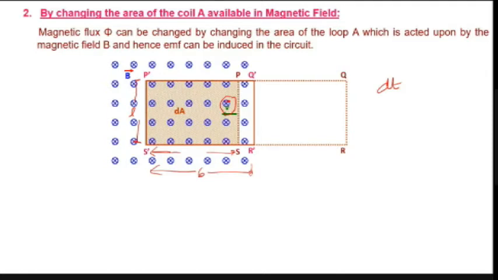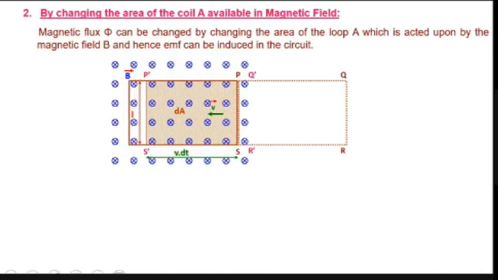So what is the displacement? I have given you all the clues. You have to find the displacement, moving with velocity v, taking time dt. Good. That means velocity is ds by dt, so how much will be ds? V into dt. So that distance is the breadth. I will take the length L and the breadth v into dt.